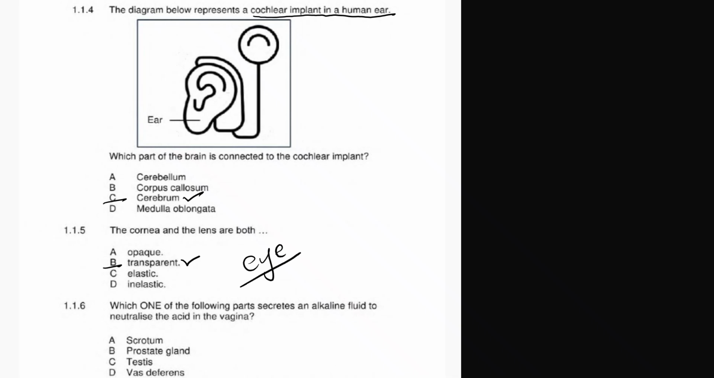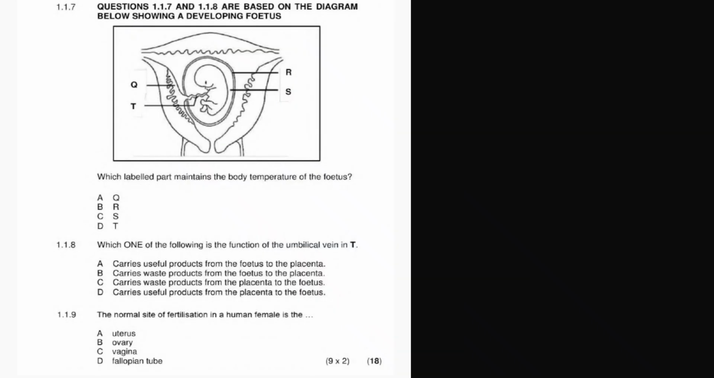1.1.6, which of the following parts secretes an alkaline fluid to neutralize the acid in the vagina? Therefore now 1.1.6, prostate gland, right? The correct option is B, prostate gland. It is the one that secretes that alkaline fluid to neutralize an acid. Therefore now let's continue. 1.1.7, question 1.1.7 and 1.1.8 are based on the diagram below, showing a developing